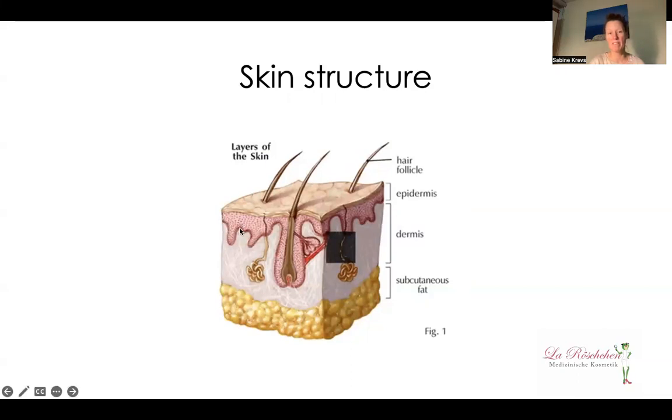So this is where the mama cells are sitting, and every 28 days they give birth to new cells which wander on top. After 14 days kind of they die and become the dead skin layer, our